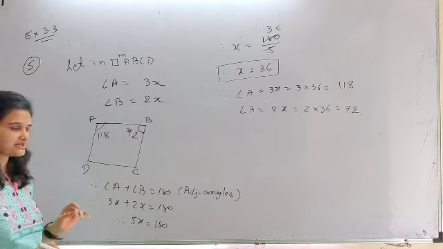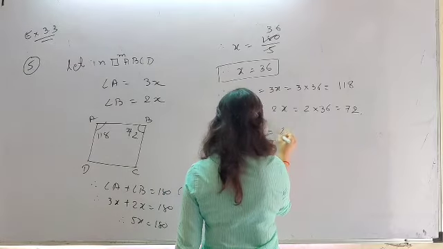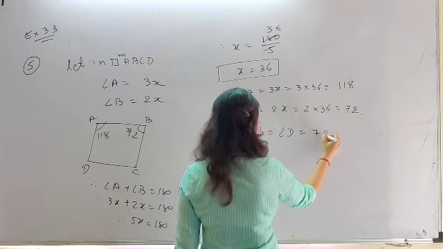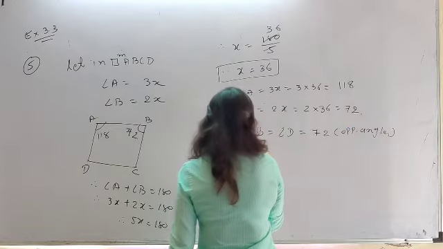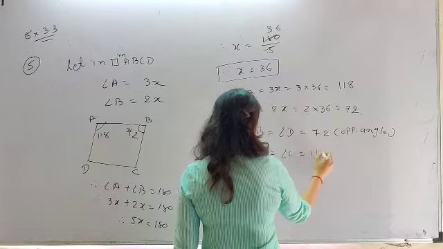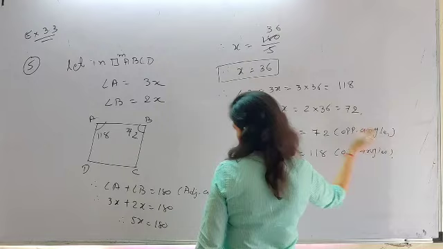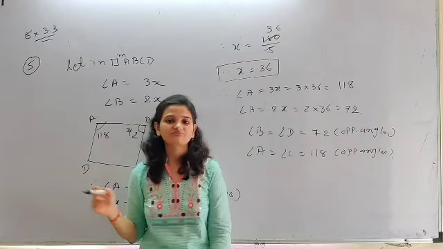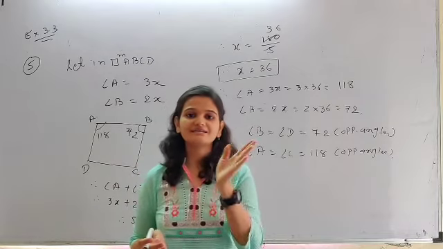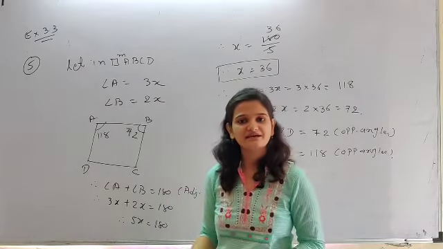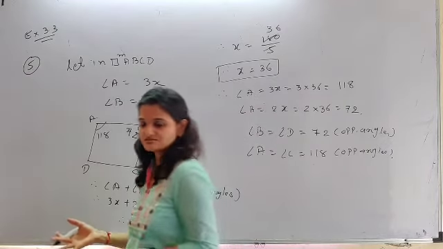Now use your brain a little. Opposite angles are always equal. So angle B is same as angle D is equal to 72. Opposite angles. Similarly, angle A is equal to angle C is equal to 108. They are also opposite angles. So by using the properties of a parallelogram, we can solve this type of sums. Okay? That is why you must know the properties. If you don't know the properties, nothing in parallelogram will come. So copy this.